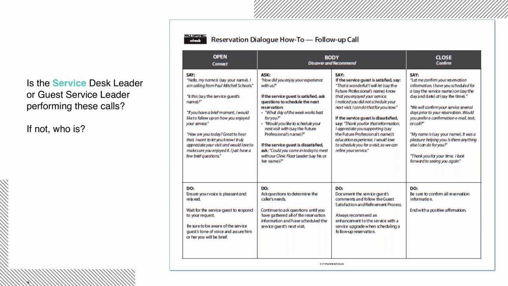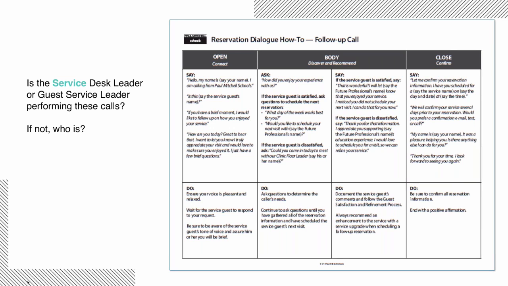The last call we will go over, and the most important call in my opinion, is the follow-up call. Our service desk leader is the one constantly making these phone calls to our new guests after they receive the service, and this is set up to be completed on days that she knows there will not be as many distractions. Of course, we do get pulled in many directions, so it is spread out throughout the week. Not only does this offer more trust in the school, but it can also be a great learning opportunity as well. We see roughly over 100 new guests per week, which makes over 100 opportunities to get a guest back